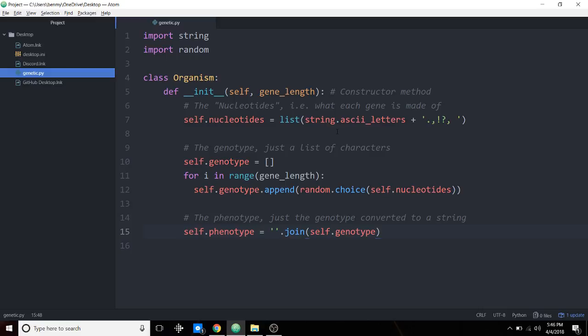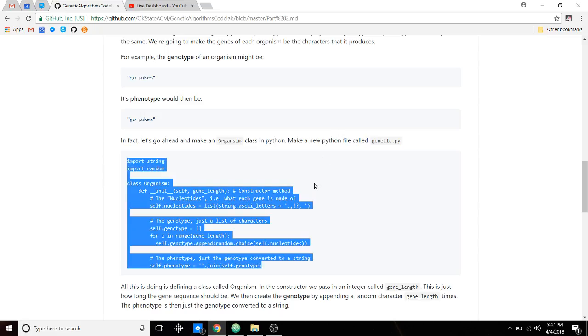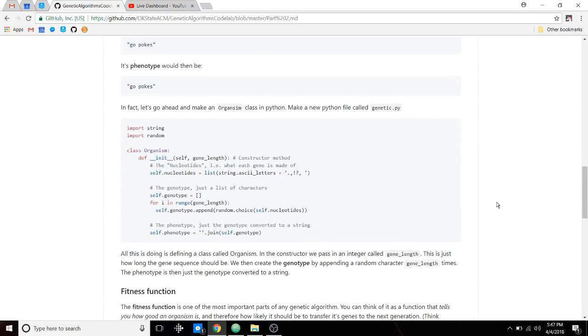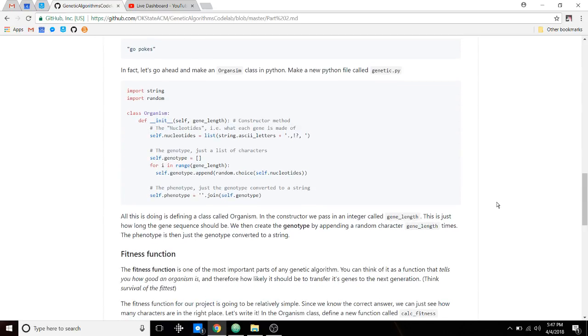So, any questions about that? In short, all we've done at the moment is basically create a random string of the nucleotides, the letters in our alphabet that we're allowing at the moment. Cool. So that's going to define kind of how this organism works. And